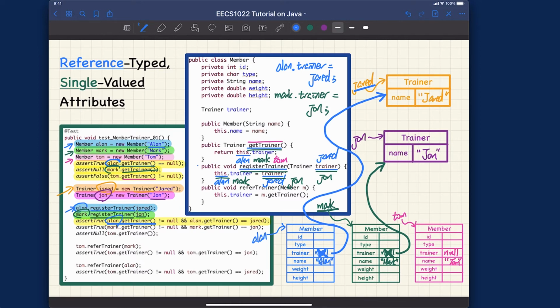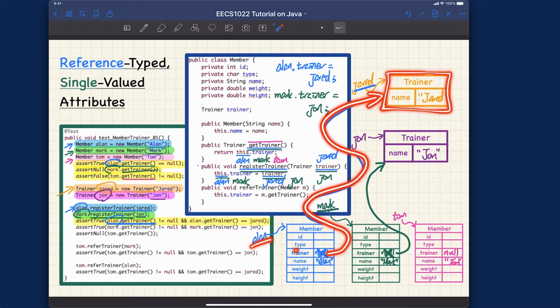You can also trace the getTrainer again, so I'm not going to repeat it. Alan.getTrainer is going to return the trainer for Alan. So this is really pointing to this particular object, and this object does exist. Of course, it's not equal to null, so this one passes. And also, this particular object's address is simply equal to Jared, for sure, because Jared is also pointing to